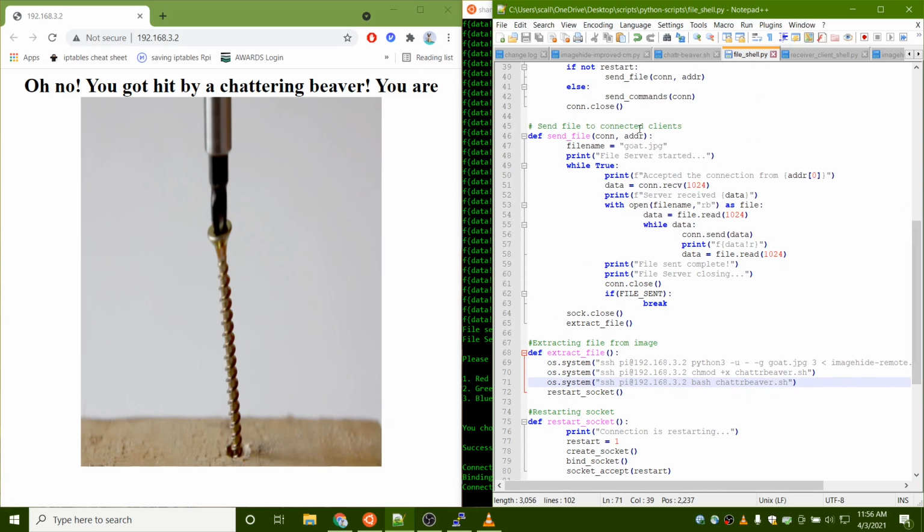So the first thing that's run when we run file shell.py is that we first send the goat here. As you can see, the very end, this is where we got printf data exclamation mark R for however long data is true here. Then once that's done, we give a little message saying, okay, everything's all set, close it. And then we close the connection, close the socket, and then we run the extract file